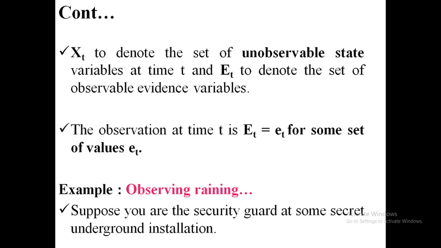So he used to stay in the room only. The outside environment is not at all visible to him, but he had a chance to get knowledge about the rain outside. How? Whenever a person enters the main gate with an umbrella in his hand, automatically there is rain outside. If a person enters the main gate without an umbrella, then automatically there is no rain at all.